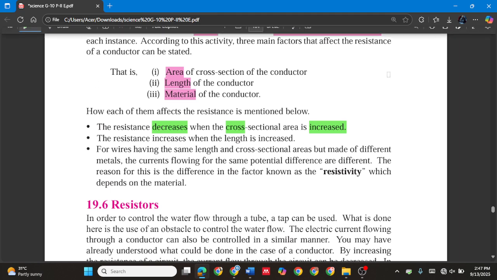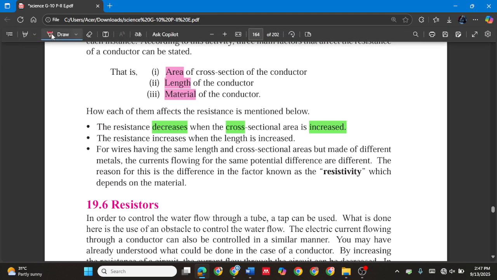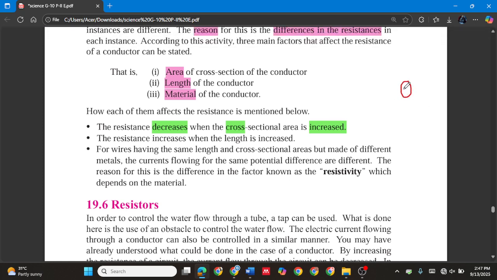So water goes through this one. Think of current like water. This pipeline is a conductor. Then in this cross-sectional area, tell me, is I1 large or